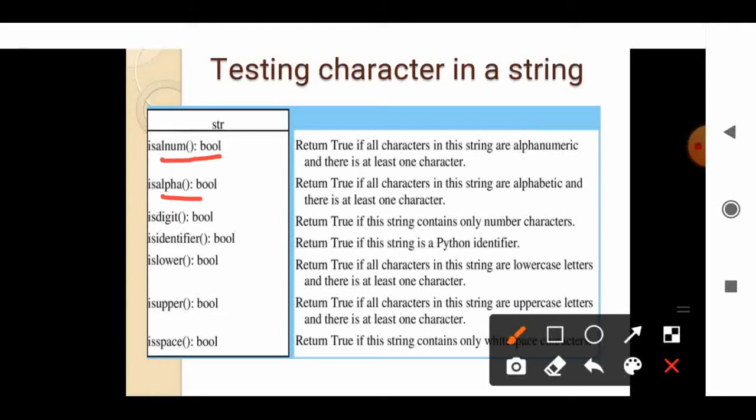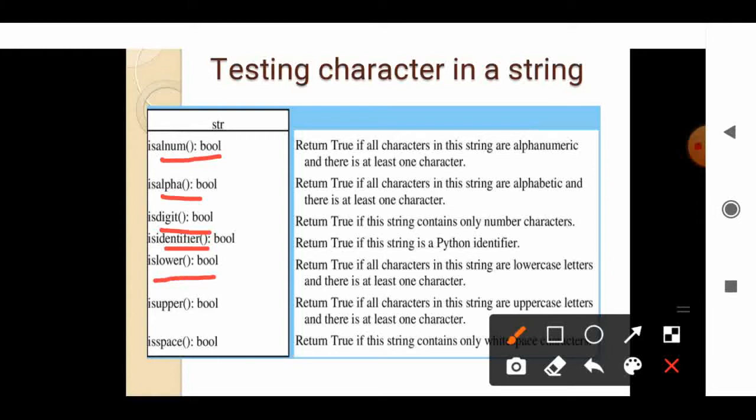Otherwise, it returns false. The next function is isdigit. It returns true if the string contains only number characters. Otherwise, it returns false. The isidentifier function returns true if the string is a Python identifier. Otherwise, it returns false.